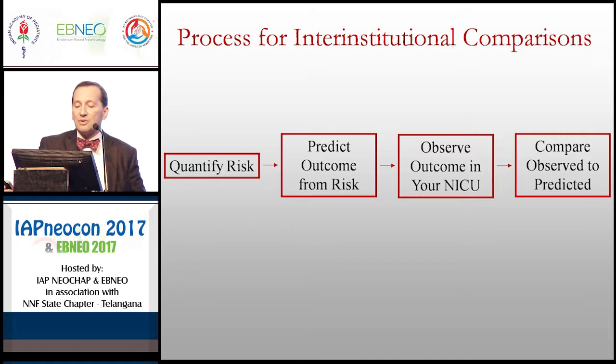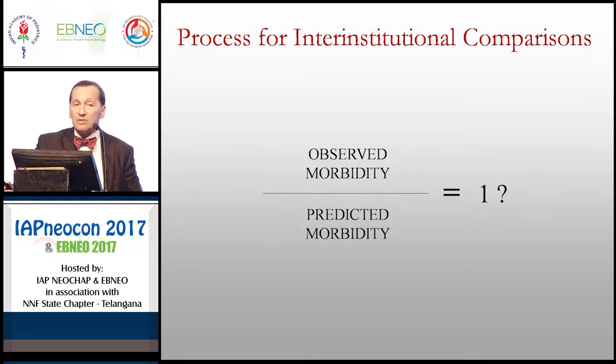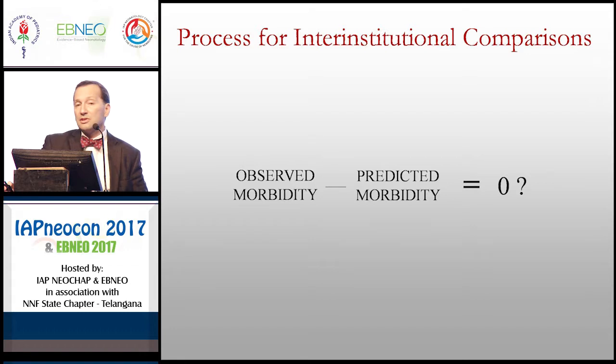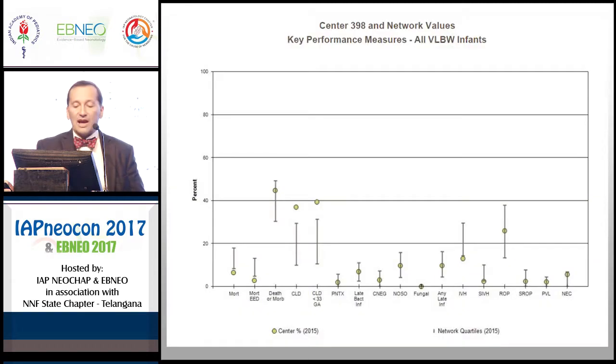And here's where the chance piece comes in. Basically, in old-fashioned or traditional epidemiology terms, we say, here's the observed morbidity divided by the predicted morbidity, and we just ask ourselves statistically, is that equivalent to 1? Or we can do the difference between them and ask, is this equivalent to 0? We can apply, for example, a chi-squared test to the ratio, and that allows us to decide whether we differ significantly from the average.